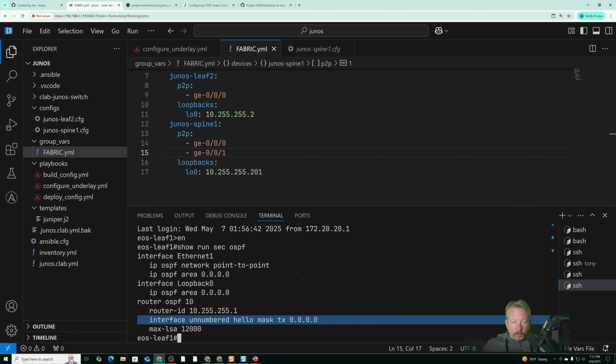Interface, unnumbered, hello mask, transmit 000. That's it. That's the only thing you needed to do. There's an article that Ivan Pepelnyak did that covered this same thing, but it wasn't that article that fixed it. Well, the article shows how to fix it, but it was someone on Packet Pushers who